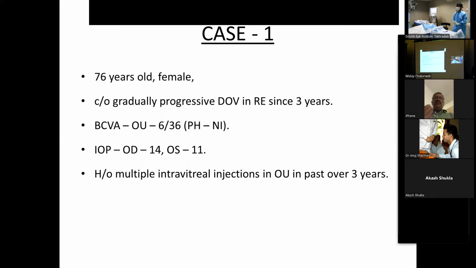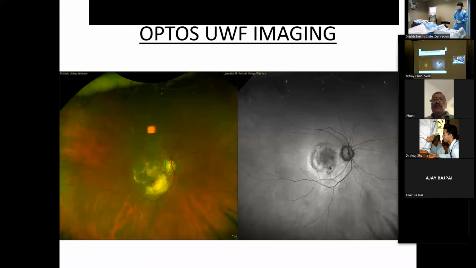Her best corrected visual acuity in both eyes is 6/36 with no improvement on pinhole, and her intraocular pressures are within normal limits. So she has a history of multiple intravitreal injections in both eyes in the past over 3 years. So this is the Optos ultra wide field imaging of her right eye,